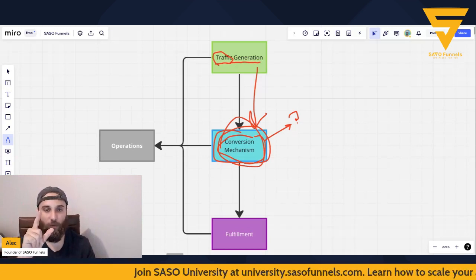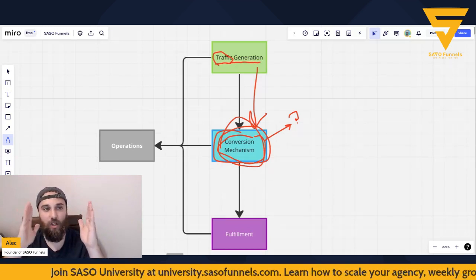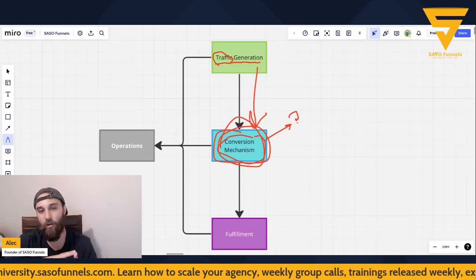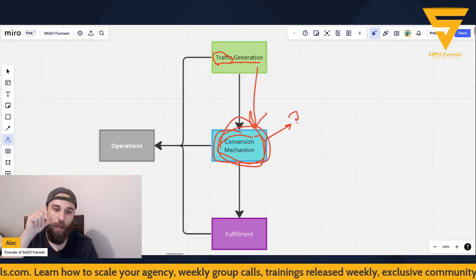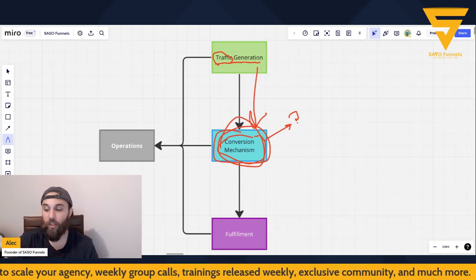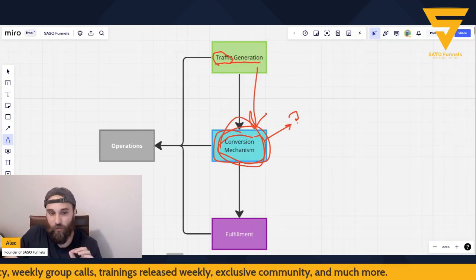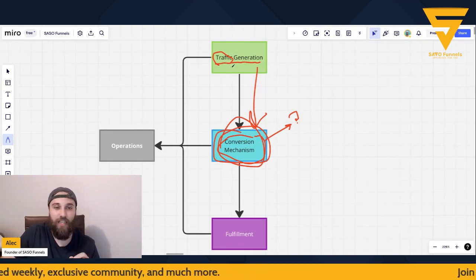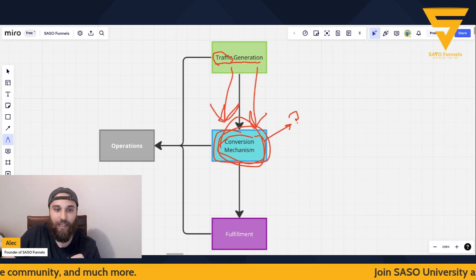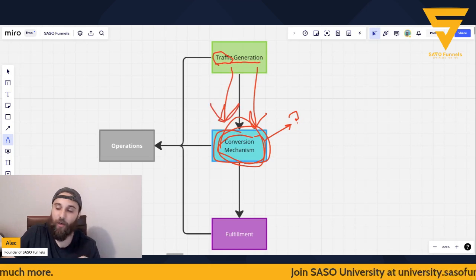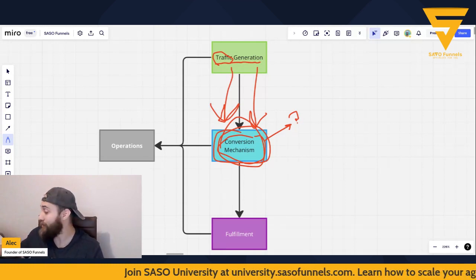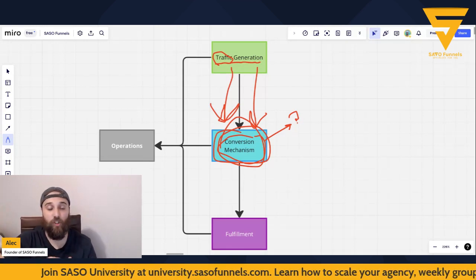We change one variable so we can hypothesize and test what is going to have a bigger or lesser difference. That is how you're going to actually create a strong, powerful conversion mechanism. So remember, just to reiterate, we need to generate enough traffic to where the data that goes into the conversion mechanism is accurate. How do we get it accurate? We need the sample size to approach population size. Translation, in this case, more is better. So you've got to send more.